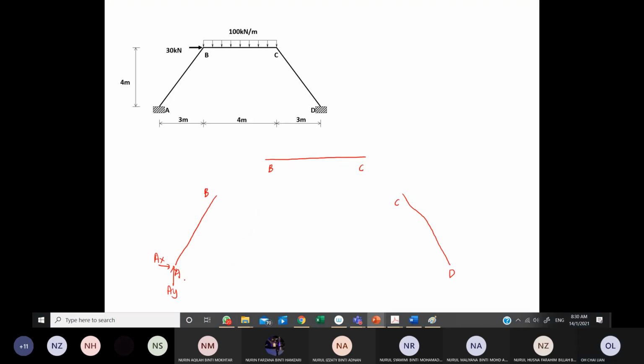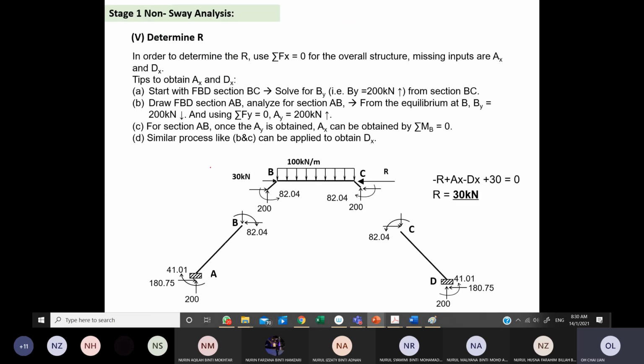So these three reactions are translation in X, in Y, and rotational moment. So you need to put them in at all the joints here. Can you do it now? So this would be BY, we have BX, and we have MB, but I do not know what is the